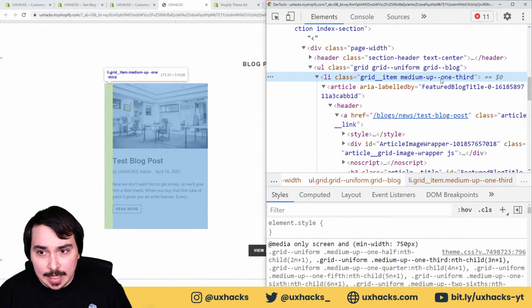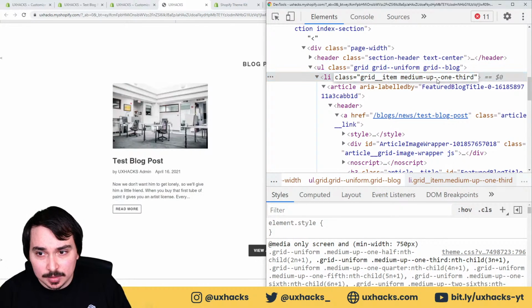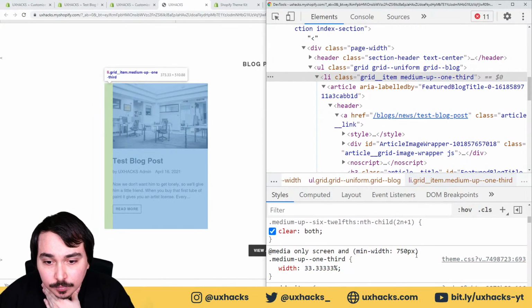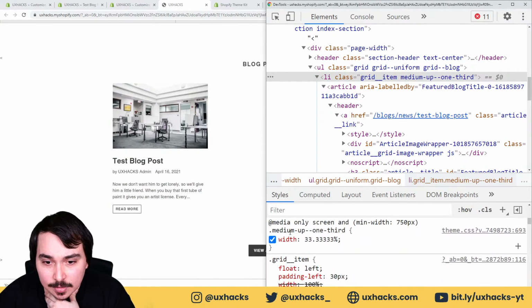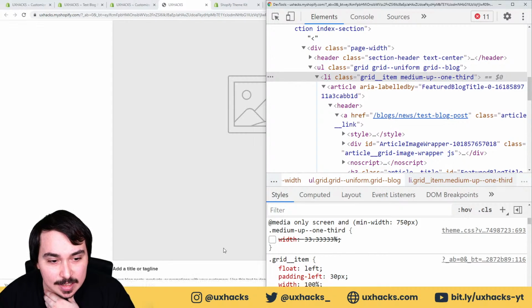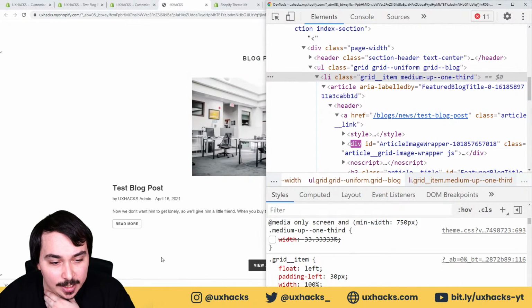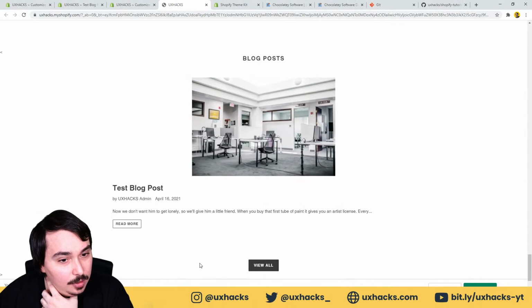And here you can see that it has this class called medium up 1/3. And if we come and we look, we can see that it has this CSS for width 33.33%. If we untick that, we can see that it gets changed and it goes to full width, which is what we want, right? So let's go ahead